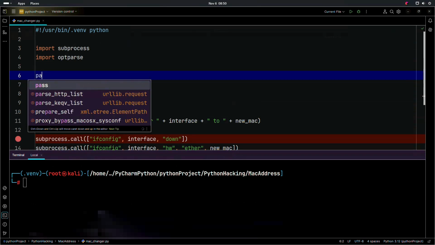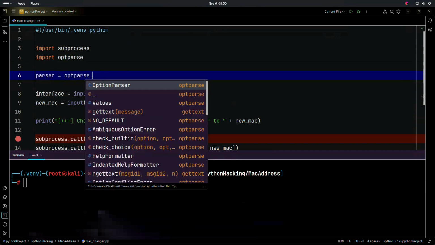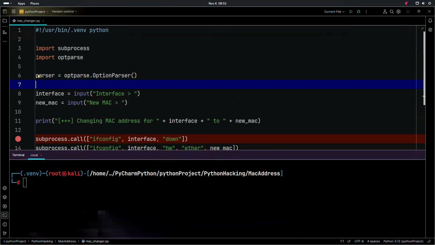To create this object, we'll use the line parser equals optparse.OptionParser. Here, parser is just a variable, similar to interface or new_mac. The difference is that the value it holds is different from the ones held here. For example, interface holds whatever value is returned by raw_input, which returns what the user enters, typically a string for the interface name. On the other hand, parser will hold the value returned by